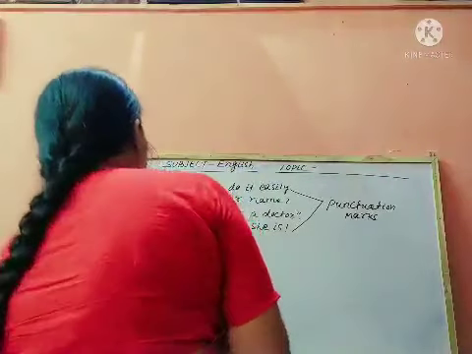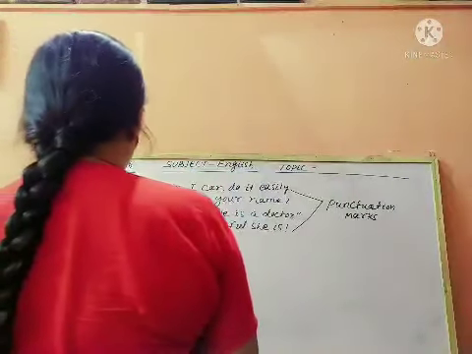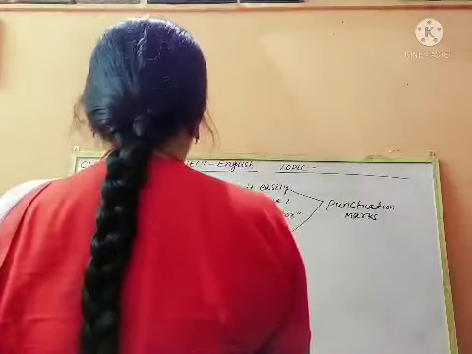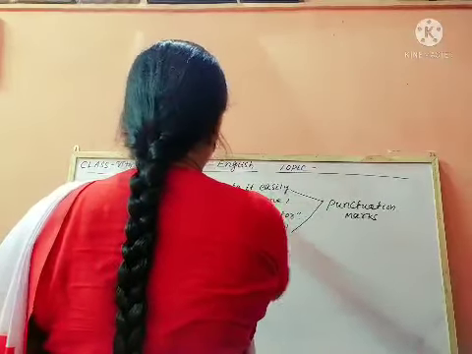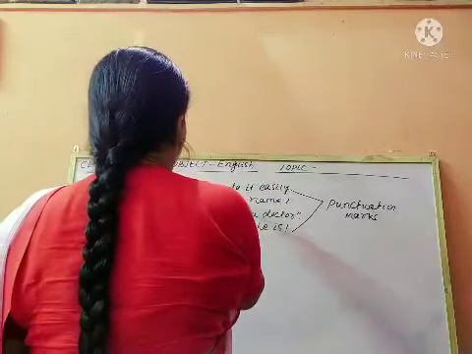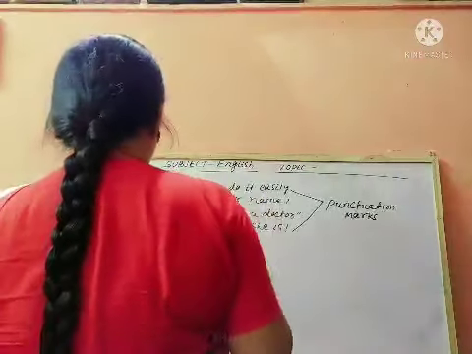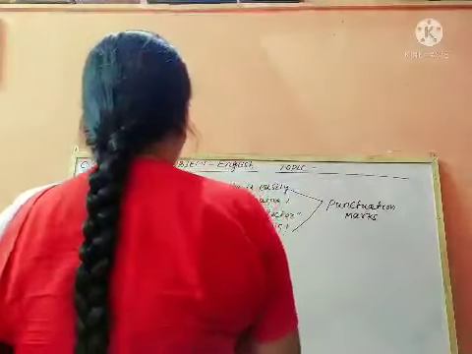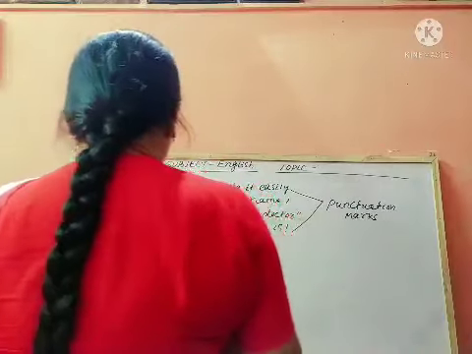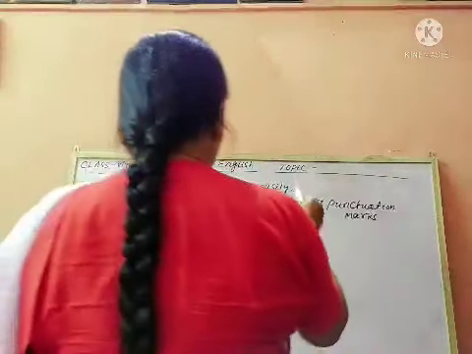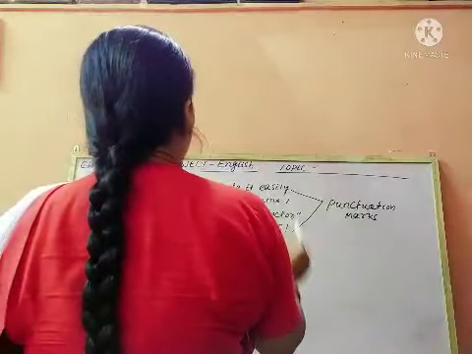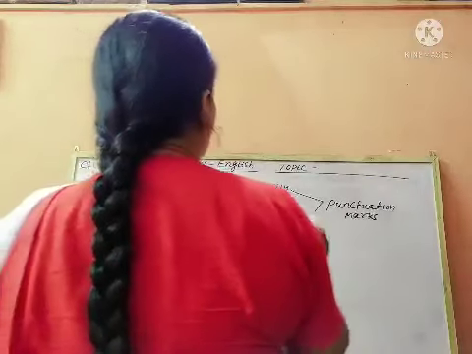In the first sentence, comma is used and full stop is used. Comma is used after sir to separate the sentence and to make the meaning clear. In the second sentence, what is your name, the question mark or interrogation mark is used at the end of the question. In the third sentence, he said, he is a doctor, inverted commas begin, then close, and the full stop is used.